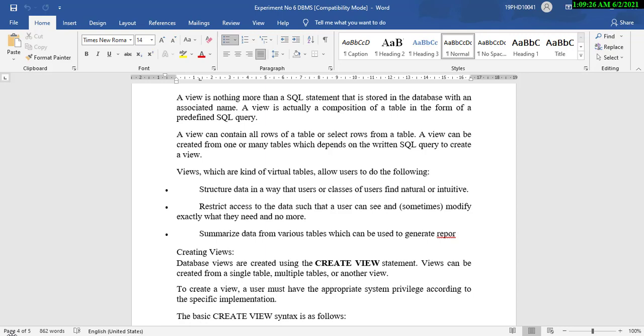Like if you go into the OPAC, that is the library system in our college, and you put in your BT number, then you see the books that you have issued. Only the books that you have issued are populated, created and presented in front of you on your screen. So that is the user view of that particular user that is created by the software.